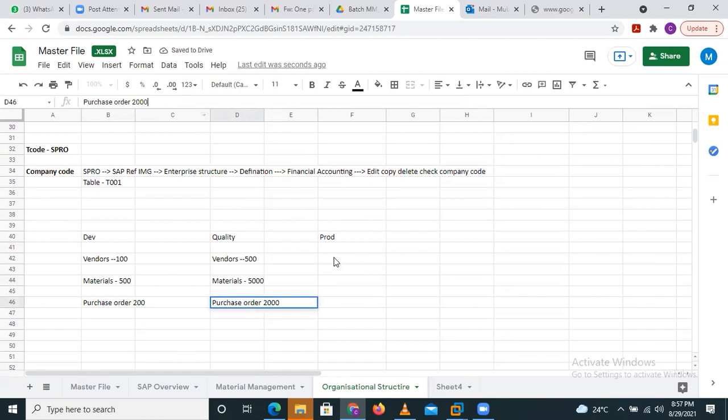Now in the production system, just an example I'm giving here. In the production system, I have 50,000 vendors. I have 5 lakhs materials. I have around 2 lakhs purchase orders. Right now, when I'm going to copy the transport number ranges,